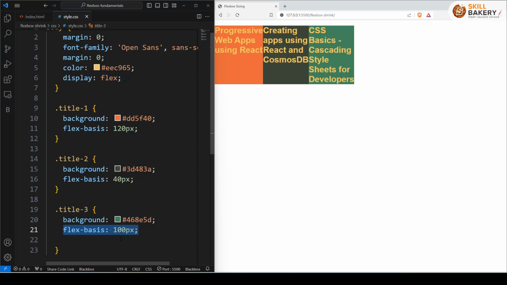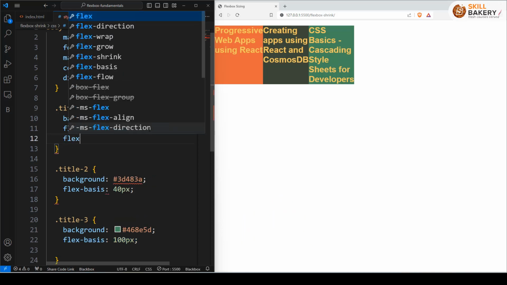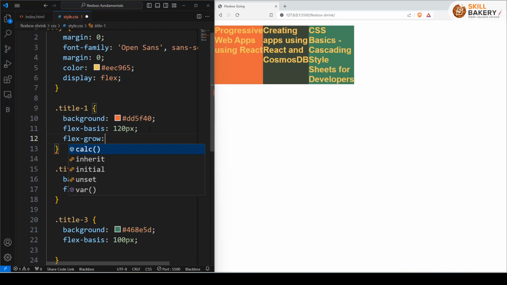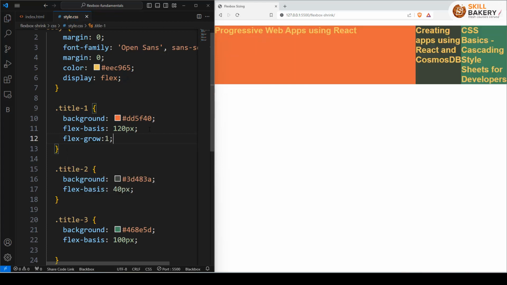If I make use of the flex grow property, it will dictate how that space should be divided up by the children. By default, flex grow is set to 0, which means none of these children will grow beyond their flex basis. Now if I go ahead and set the flex grow of the first child to 1, so here I'll say flex grow and I'll set it to 1. Save it. You'll notice that it is using up all the extra space without affecting the width of the other